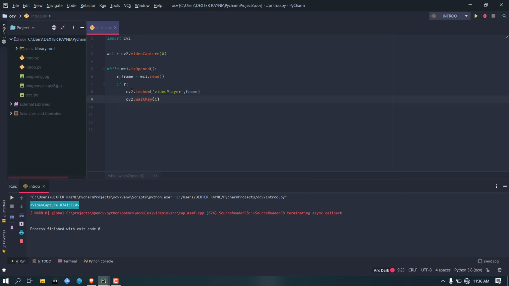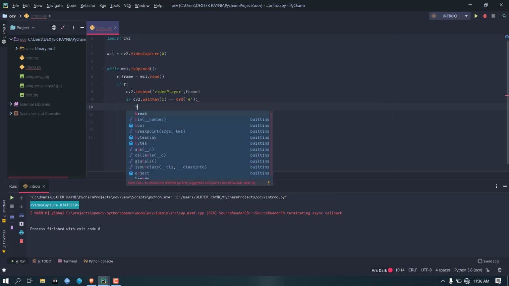Okay, now there is one problem. The problem is that when we run this code, we will get the input indefinitely. We should have something to exit this. So what we are going to do is change this: if cv2.waitKey 1 is equal to ord e, I will tell you what this line of code means.